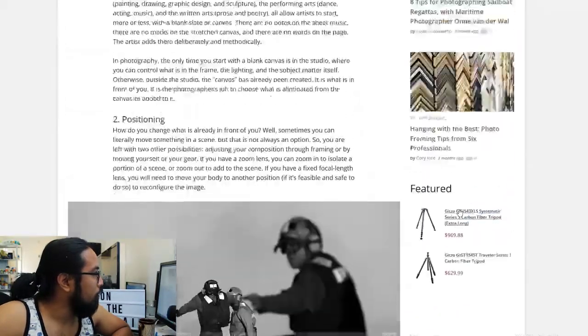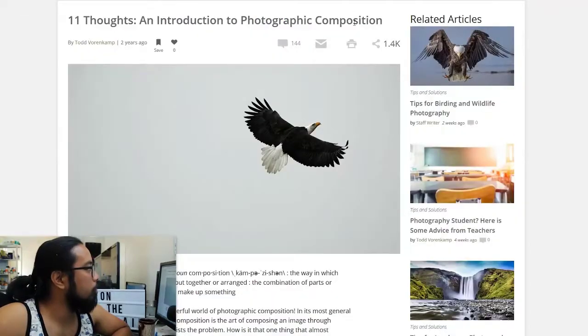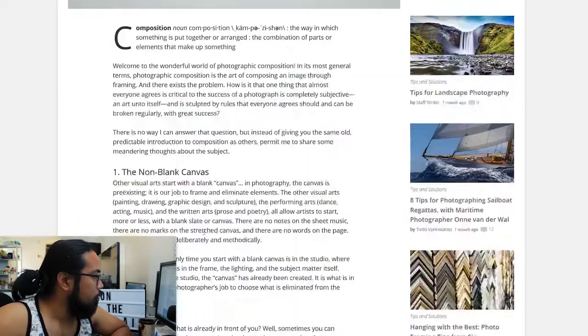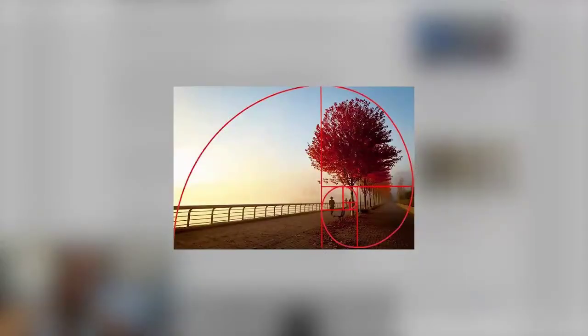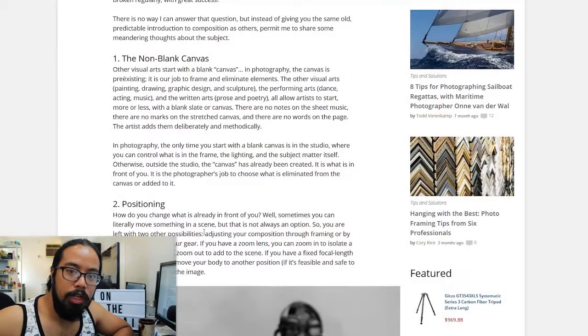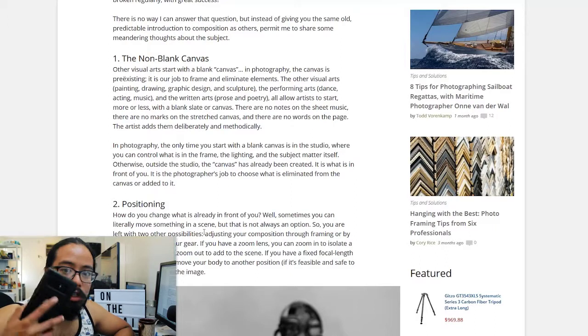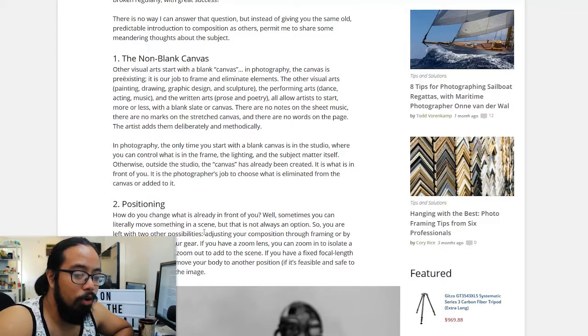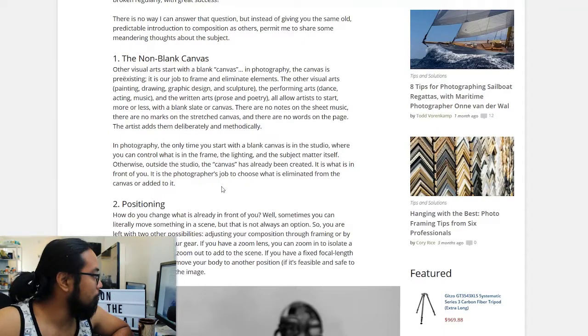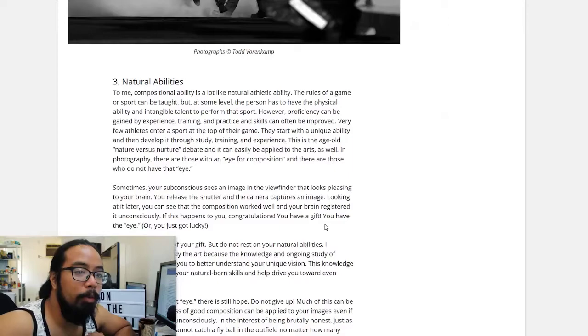And this is from B&H, an introduction to photographic composition. So these are rules and principles that you can apply to taking photos. You don't need a fancy camera, you just need to understand the principles of composition, which makes this an equally effective tool because it takes photo and filmed in HD. If you're really tight in your budget, use these principles and implement it.